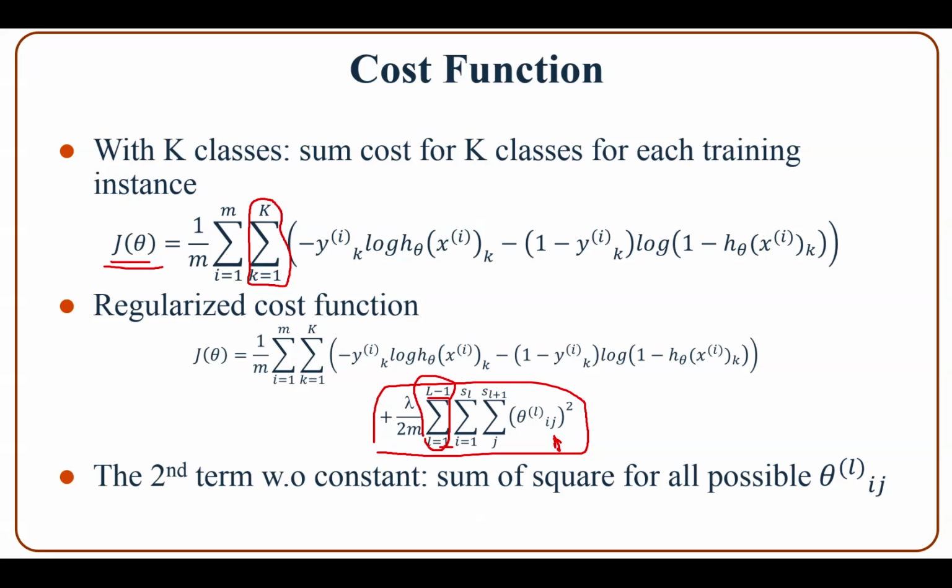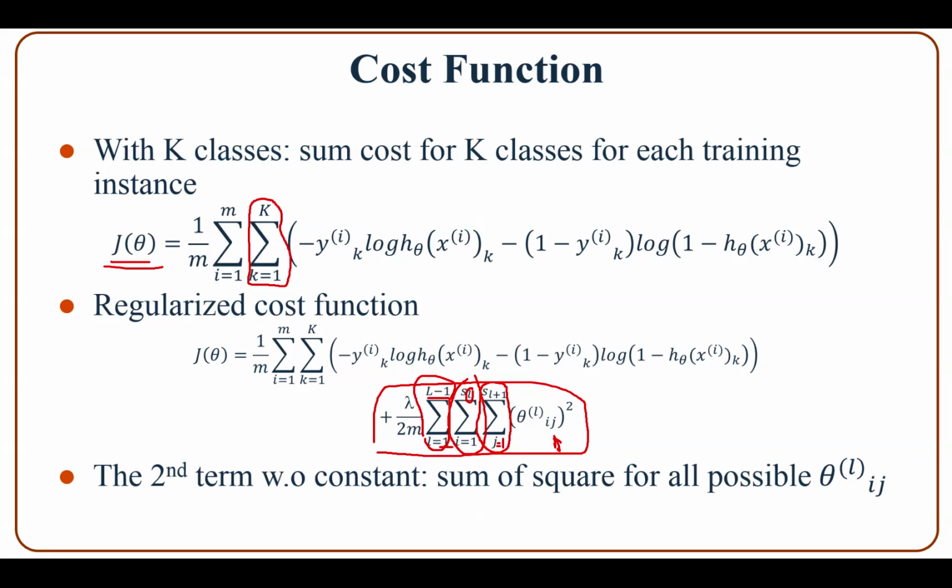The second sum runs through the nodes in layer L here, and S_L is the number of nodes in layer L, and the last sum runs through nodes in layer L plus 1, and should start from j equal to 1, and S_(L+1) is the number of nodes in